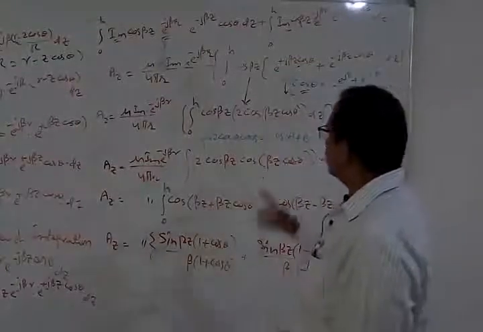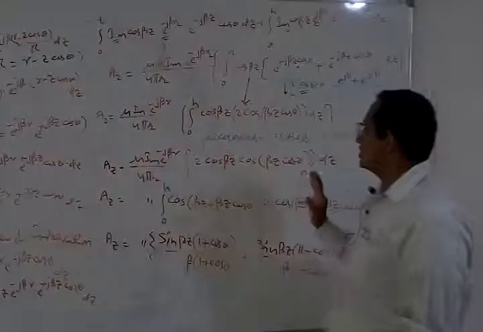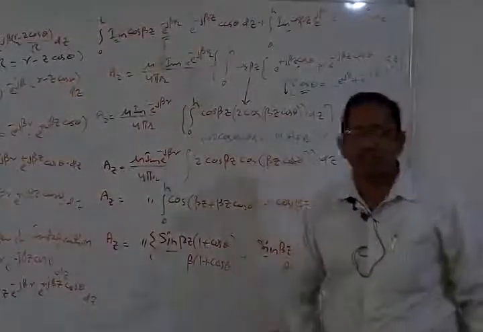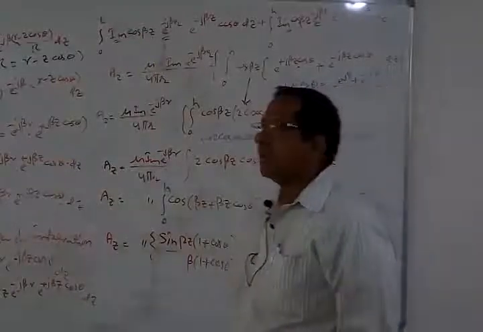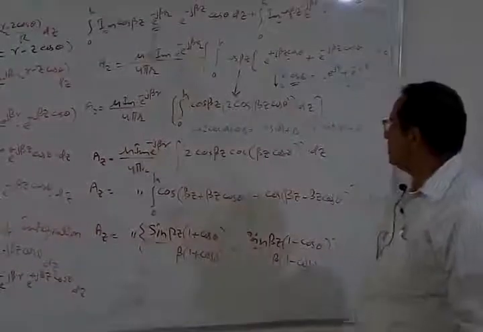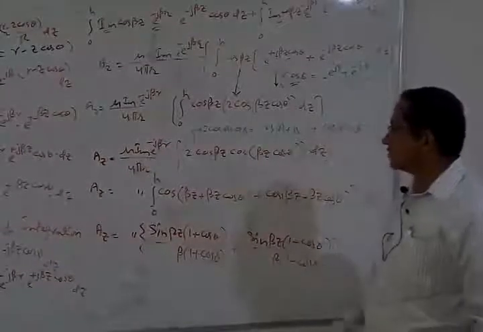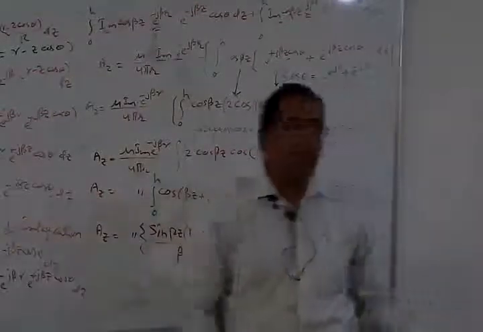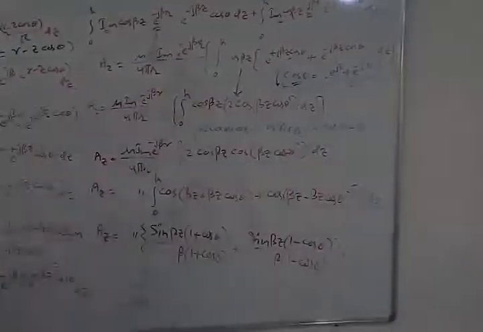Right. So after this we have another relationship, that is, this is in the form of 2 cos a cos b. What is 2 cos a cos b? Cos of a plus b plus cos of a minus b. So this is another trigonometric relationship, cos of a plus b plus cos of a minus b. So let us try to expand this equation in terms of cos of a plus b and cos of a minus b. So let us expand this now.